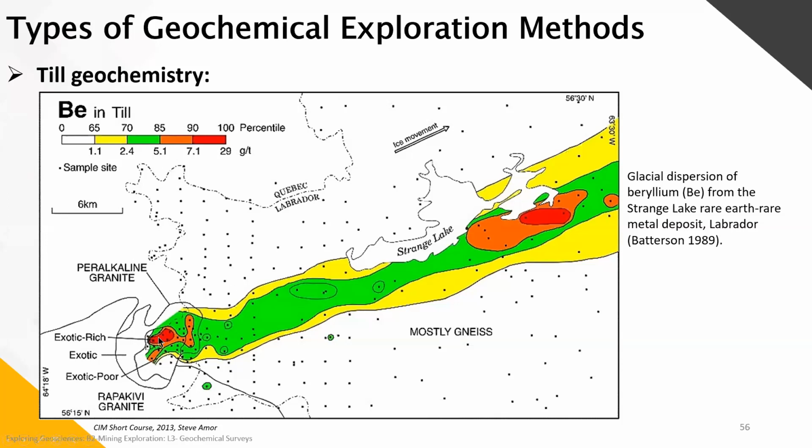If we try to interpret them without even having the geology under, we could say, well, these two are aligned. So why are these two aligned? If we overlay the ice movement, we can see that logically the ice moved from here to there. So this would explain that movement too, and also the shape of these anomalies. So here is an example of the glacial dispersion of the beryllium from the Strange Lake area, and shows the